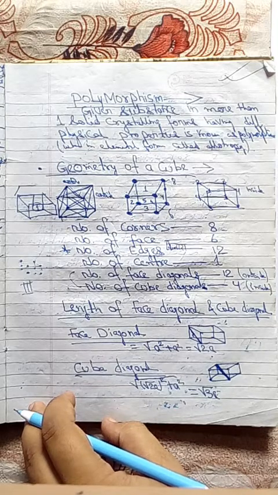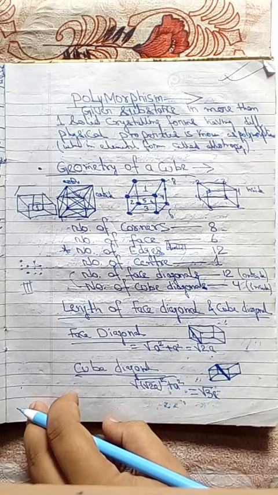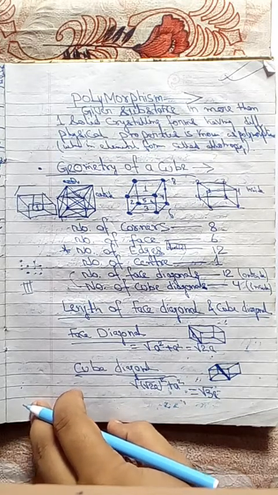In previous classes we came to know about the solid, different properties of solids, types of solids, amorphous and crystalline solids. Then we have seen the classification of crystalline solids. There are 4 types. Now let's begin with today's topic.